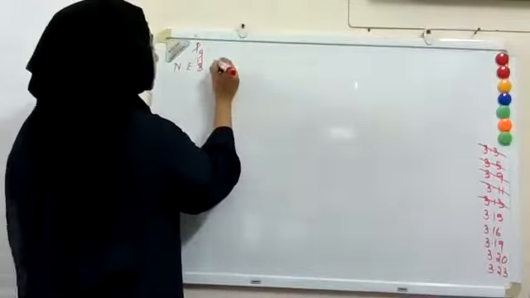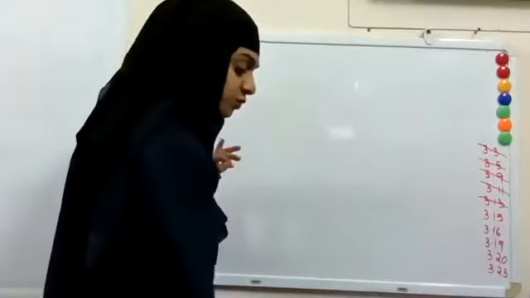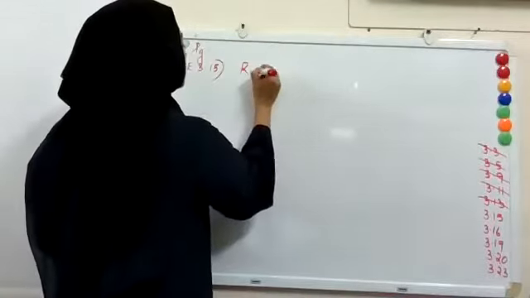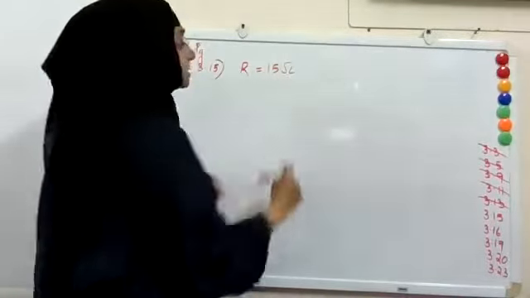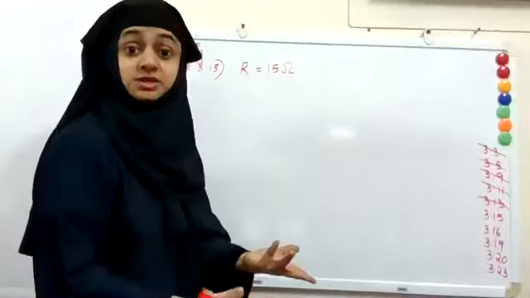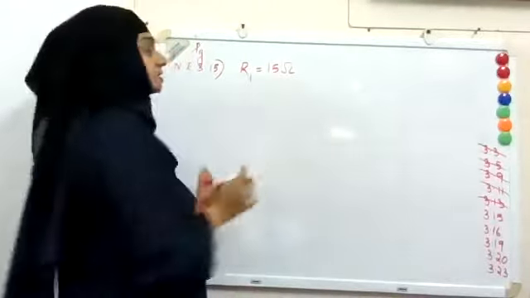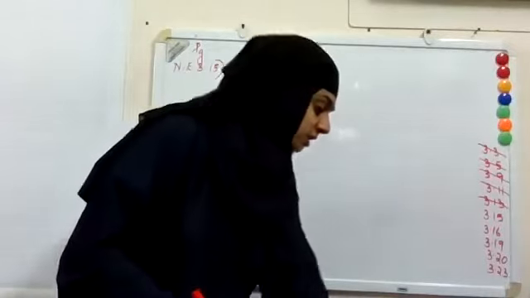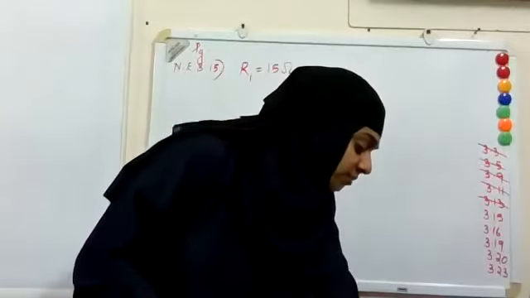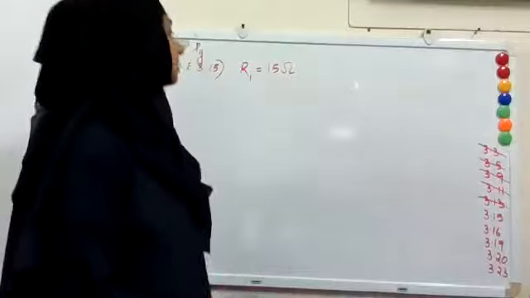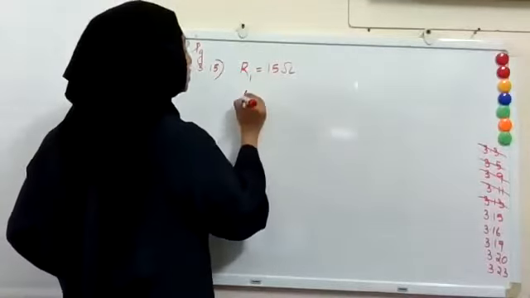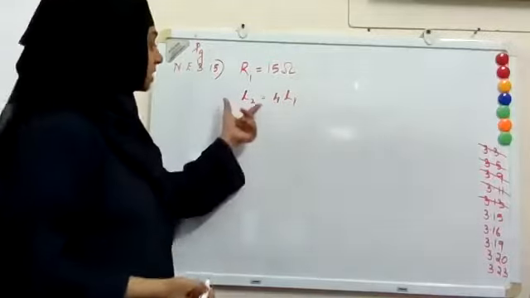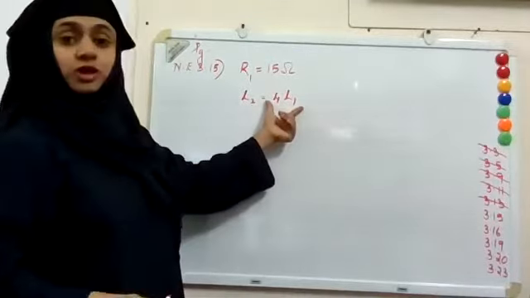Question 315. A bronze wire of 15 ohms. So resistance is equal to 15 ohms, and later it is elongated and gets a new resistance. Let me take the old resistance as R1. So R1 is equal to 15 ohms, and it is elongated in such a way that it becomes 4 times in length. They have told that the new length will become 4 times the old length. So L2, the new length, is equal to 4L1.